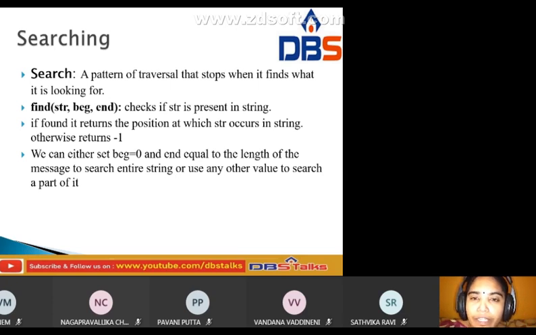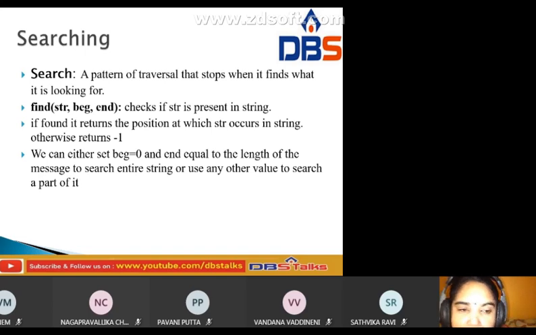That is the definition of search. You want to search for a string, and when it finds that string, the searching stops.